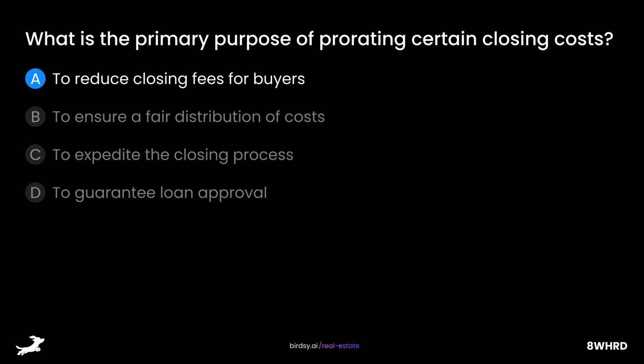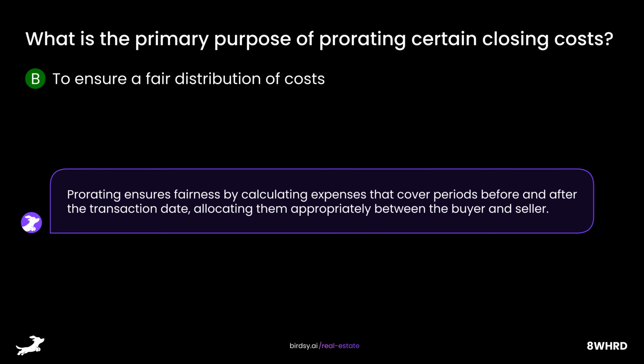Is it A, to reduce closing fees for buyers, B, to ensure a fair distribution of costs, C, to expedite the closing process, or D, to guarantee loan approval? The answer is B, to ensure a fair distribution of costs. Prorating ensures fairness by calculating expenses that cover periods before and after the transaction date, allocating them appropriately between the